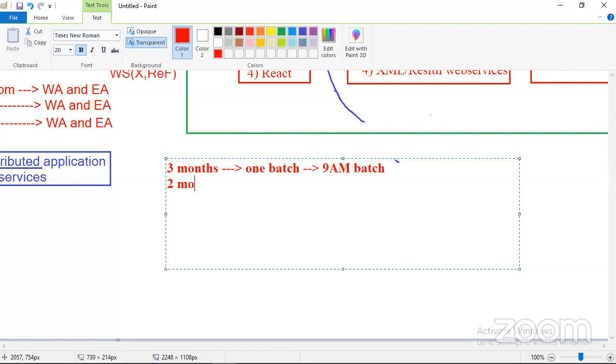If you want to complete in 2 months, then you have to continue 2 batches, the 9 a.m. plus the 6 p.m. senior batch.